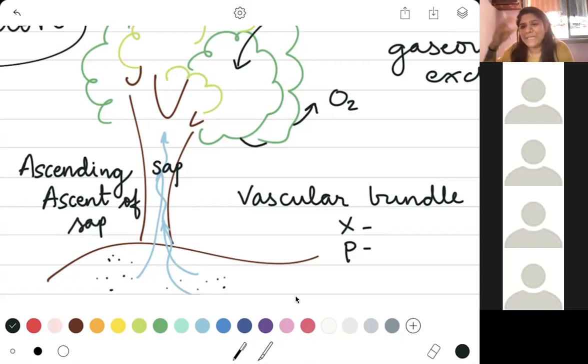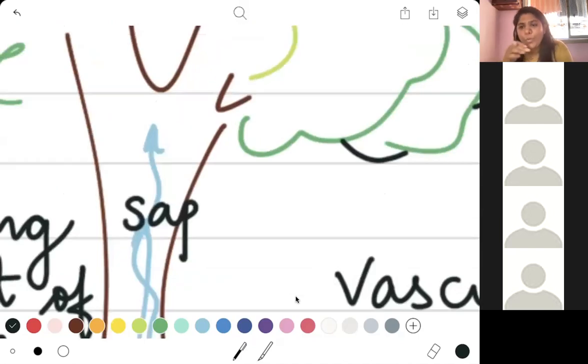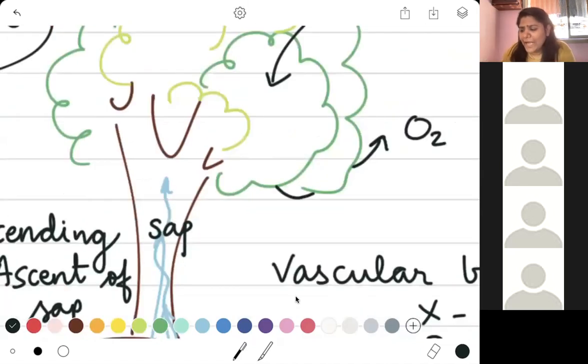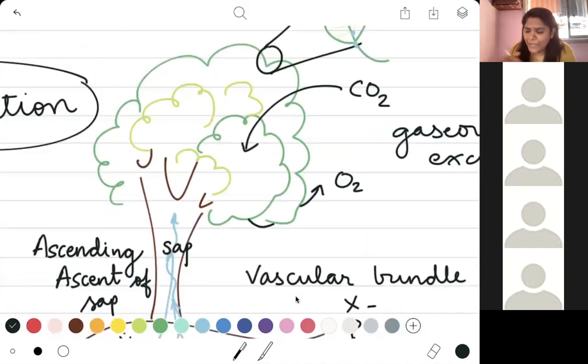Okay, once this material has come up, some of the substances that the plant does not need, but which are already made inside the plant, will be dealt with. Your leaves are making food that is moving downward, so there is a descent of other materials. While these materials are coming down, if they get stuck in some of your phloem bundles, what is phloem responsible for? Phloem is responsible for movement of food, right?